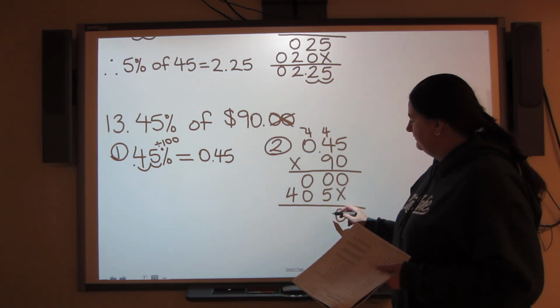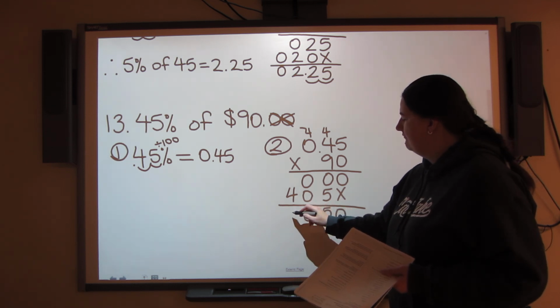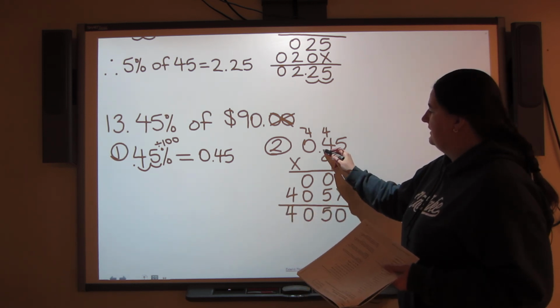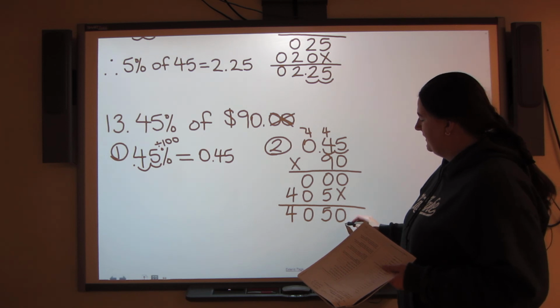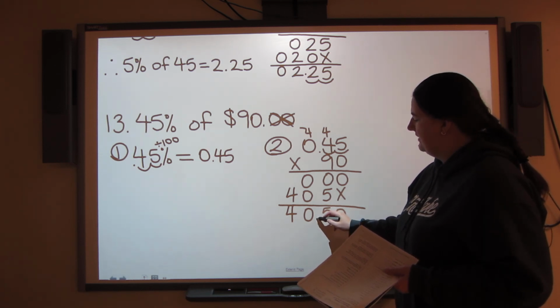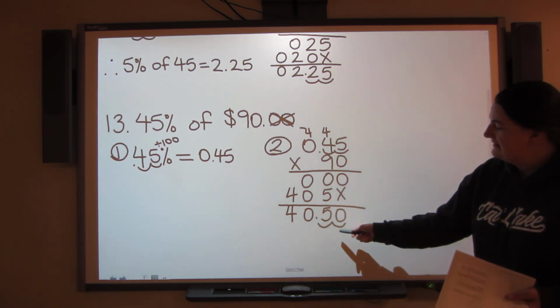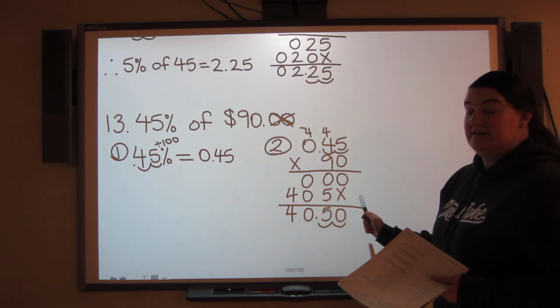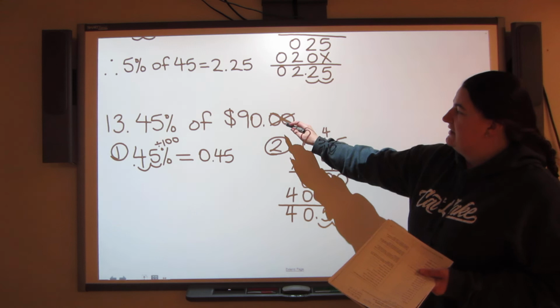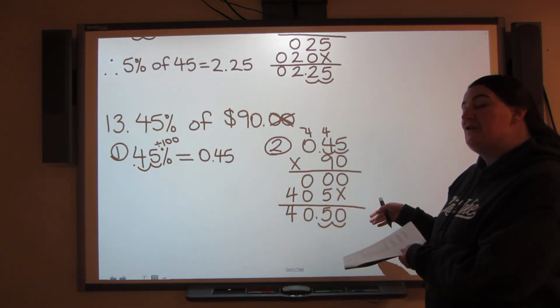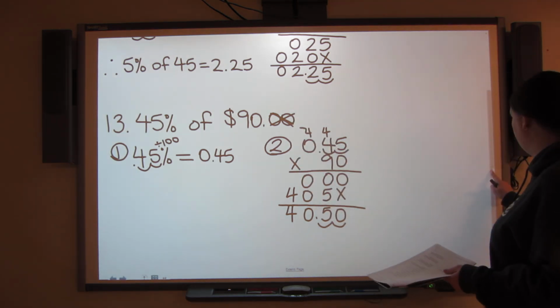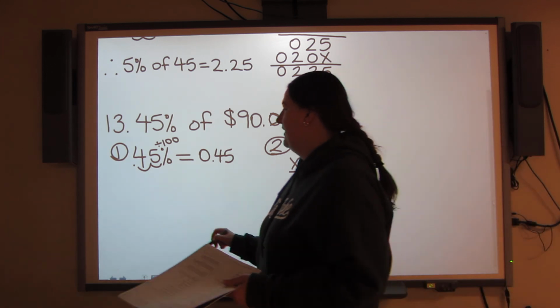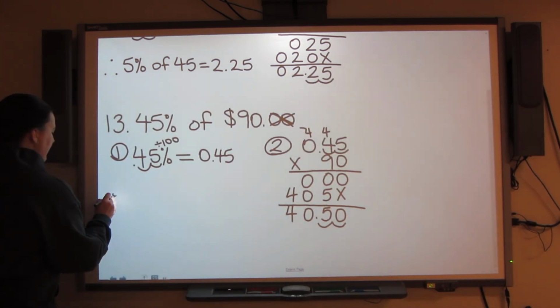Add them up. Put in your decimal, 2 decimal spots. And look, my cents are already there: $40.50. Even though I didn't include them, they've shown up, which is helpful when it comes to writing my answer. So, therefore,